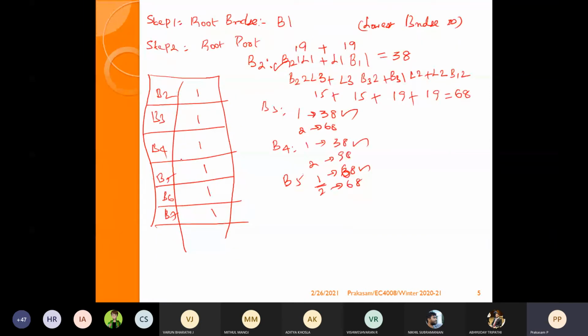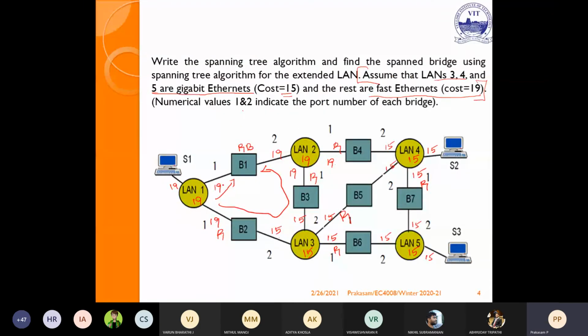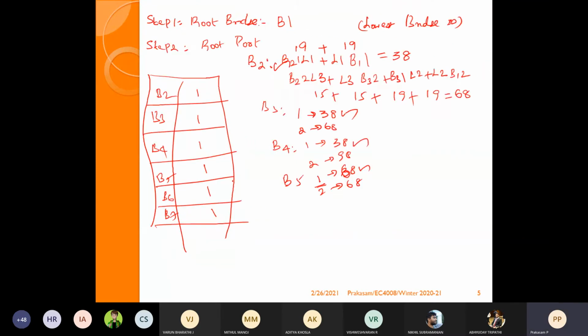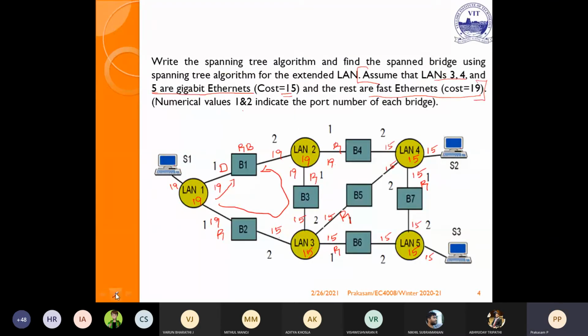So for LAN 1, this is the designated bridge and port. B1 is the designated bridge and 1 is the port. So B1, 1 for LAN 1. Similarly, I am going to calculate the respective designated bridge and port for all the LANs. Next for